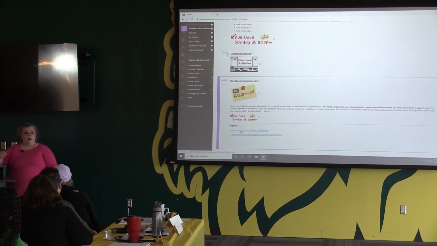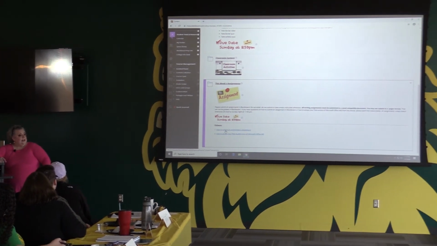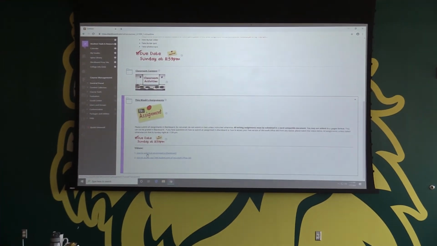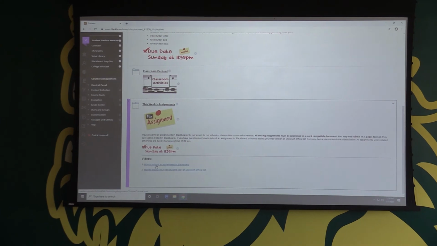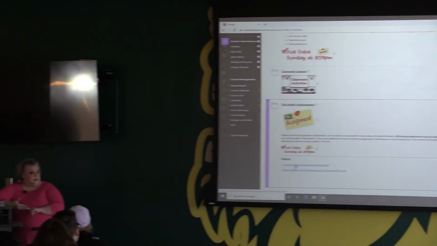.pages is an Apple product. So if you have an iPhone, which a lot of students do, they'll try and do their homework on an iPhone and then submit it. Blackboard can't read it. If Blackboard can't read it, your instructor can't see it, and if they can't see it, they can't grade it. So every student on campus is provided a free copy of Office 365 for that reason,